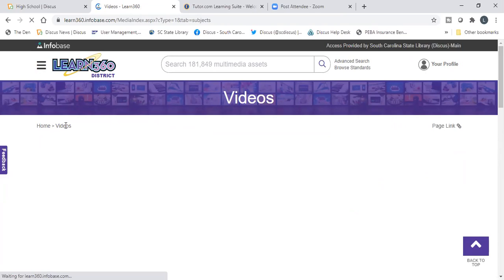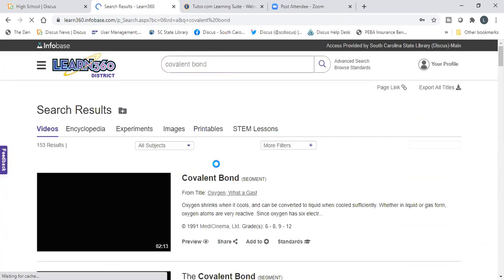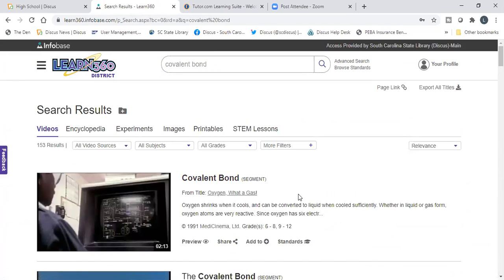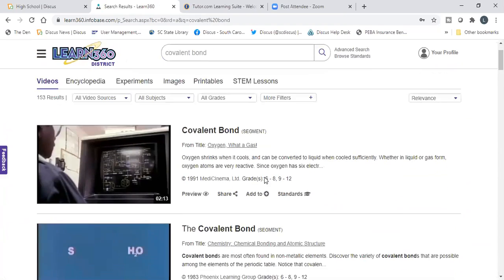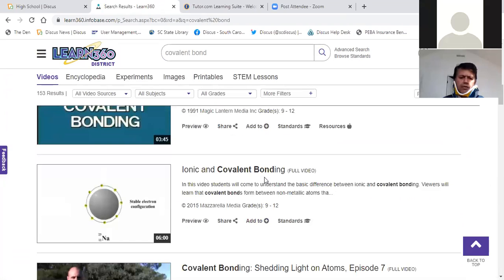You can also just go out specifically and do a search. So notice at the top, if you already know, maybe you don't want to just browse everything that's in biology, but you already know a specific concept that you're going to be teaching about. I'm just going to do the covalent bond search here. This is a keyword search, so it is looking for these terms all throughout everything. And it can be that sometimes you get a few sort of oddball results, and that would be why, because it's not a subject search. It is a